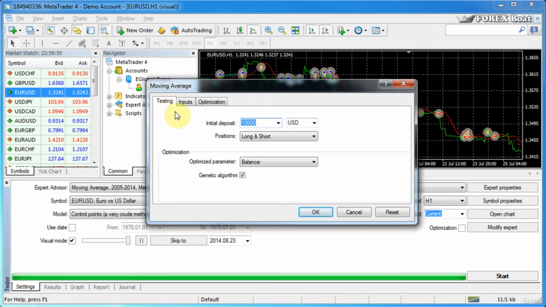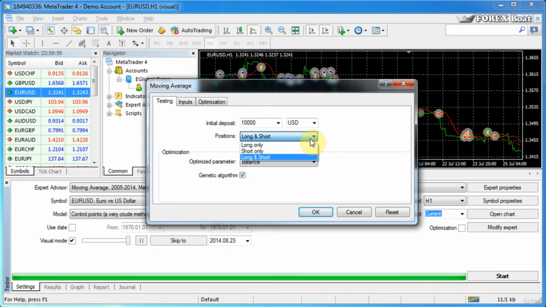In the testing tab, you can see some controls which are responsible for the overall test parameters. So they're not specific to the expert advisor. You'll see that these controls are the same regardless of which expert advisor you're testing. Here you can set the starting deposit, which means the balance on your account at the start of the test, and the account currency. Usually people set the account currency to match the currency on their actual real live trading account. And you can also set which kind of positions you want your Forex robot to be able to